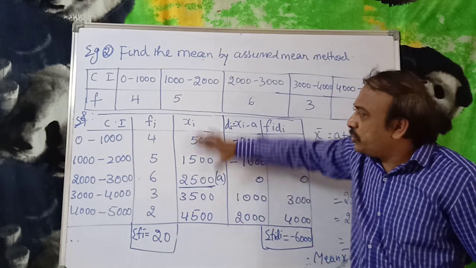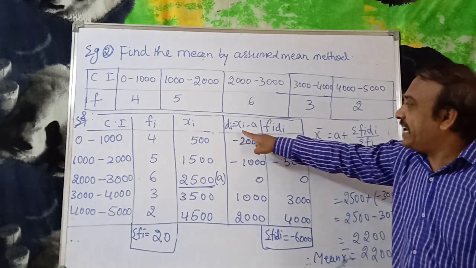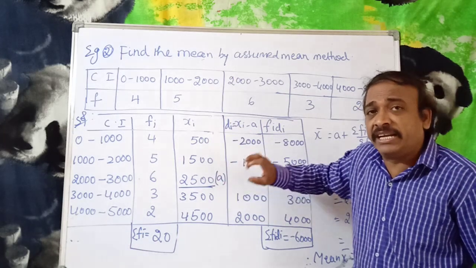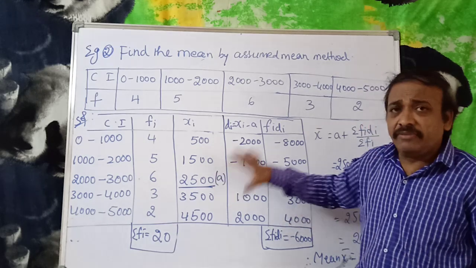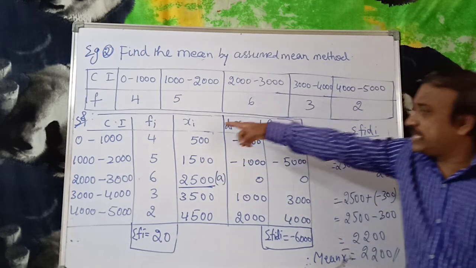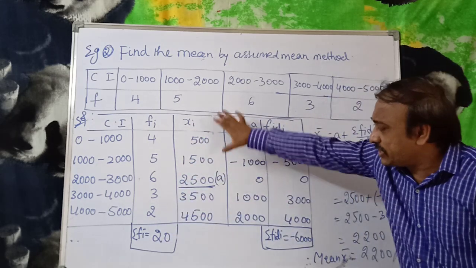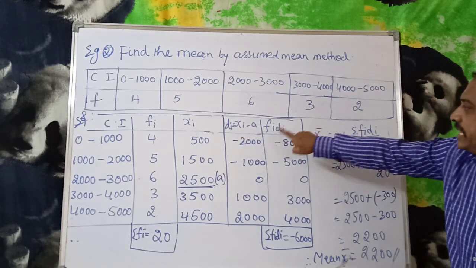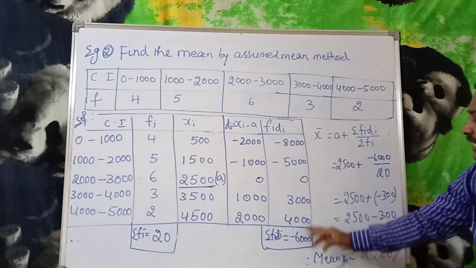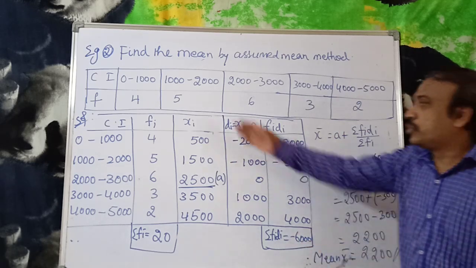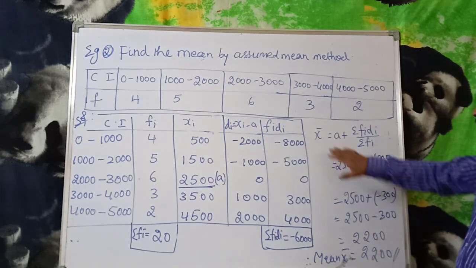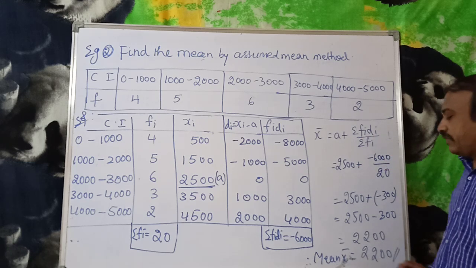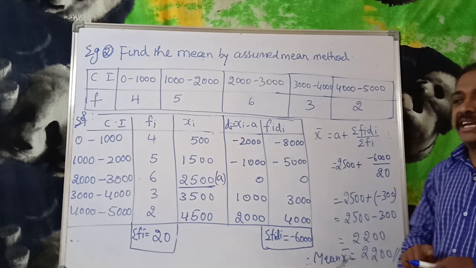We are taking one value among the class marks, and di is xi minus a. Any value you can take. It's not compulsory to take only the middle one. This is how it works. After finding the class marks, assume one value, find the deviations di, xi minus a, then fi into di values. That total we call sigma fi di, the total frequency we call sigma fi, and substitute. This is the formula: x bar is equal to a plus sigma fi di by sigma fi. I hope you understood how to calculate.